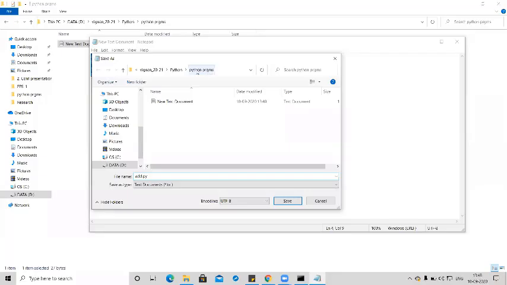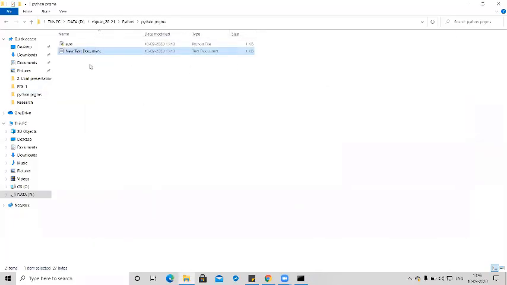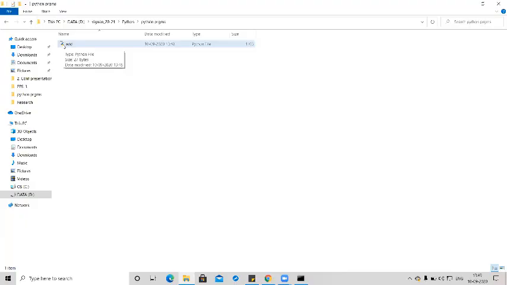See here, Python programs. Save. After saving, the file is a Python file. See here, the type is Python file, and immediately the text file icon is changed to a Python logo.